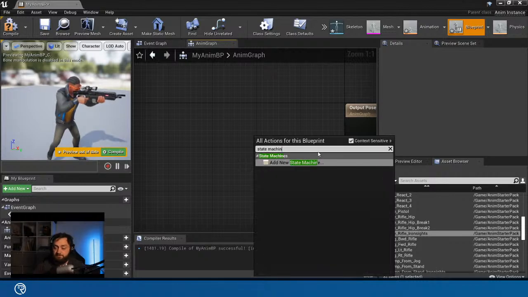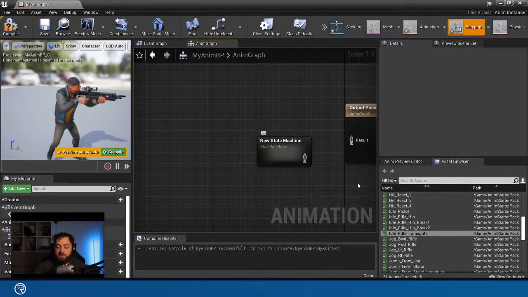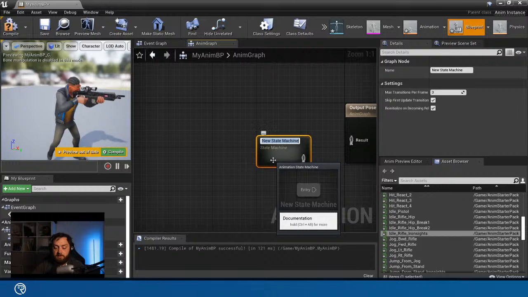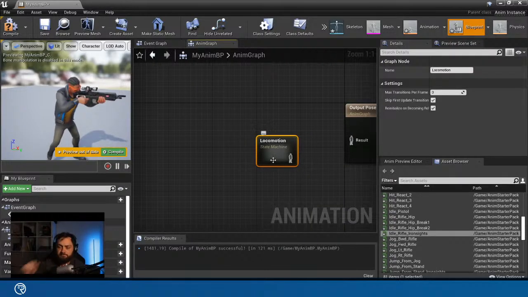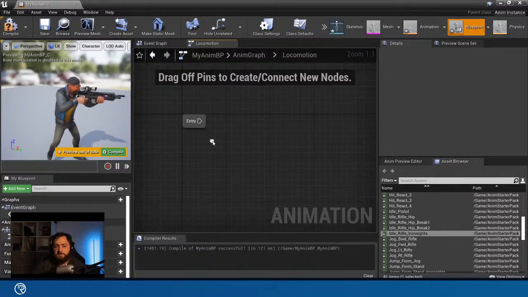Add new state machine, name it. The first one I always name is locomotion. By the way, one thing to note, as with all programming in Unreal, there is more than one way to do loads of things. So although you'll see me do one thing here, it doesn't mean that this is the only way of doing it. There are loads of ways of doing this. So feel free to experiment, see what you can do with it, and have a bit of fun and see